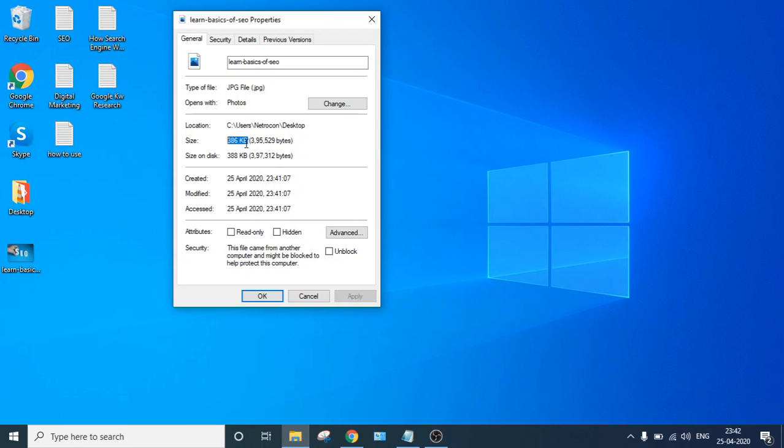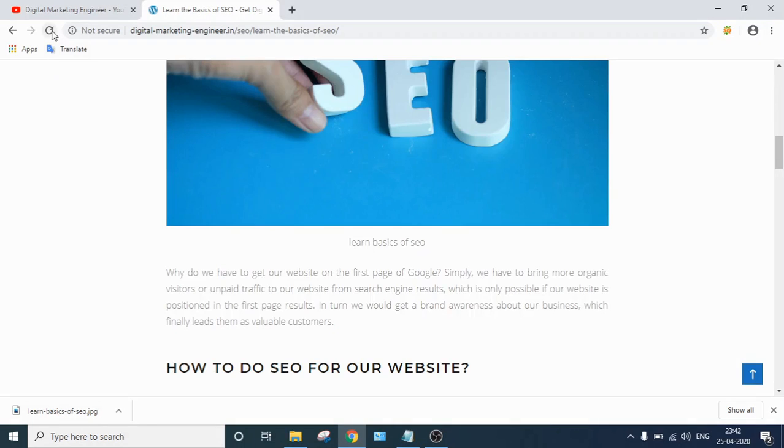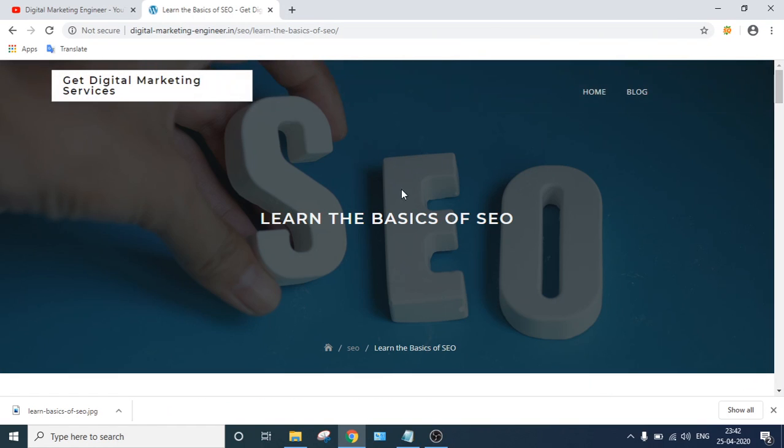Quality of images is also very important. Reduce your file size without sacrificing the quality so that your loading time remains low. What is the loading time actually here? This is your loading time. It actually loads very well, in a fraction of less than 1 second.